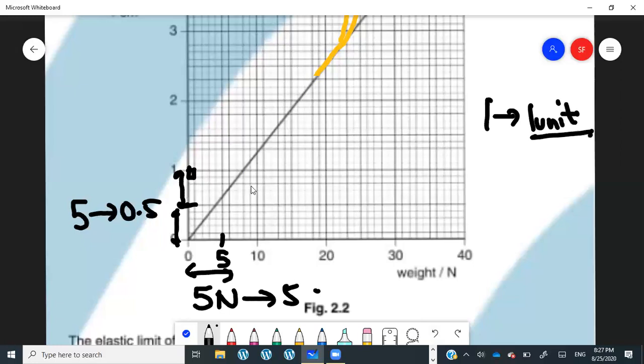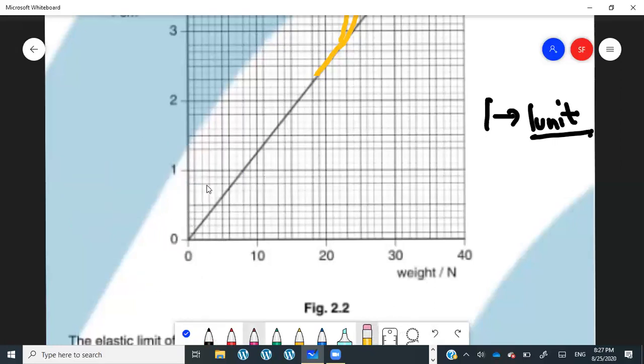That's the major reason why they give you these boxes. These small boxes, do you see the small boxes over here? If I want to calculate the area using the boxes method, for example of this part, I look at the number of boxes: 1, 2, 3, 4, 5, 6, 7, 8, 9, 10, approximately 10 boxes are in here. 10 boxes mean 10 units of area, meaning the energy is 10 joules.